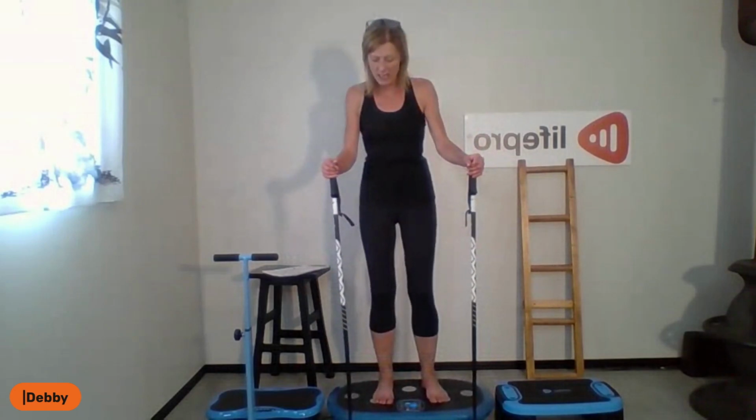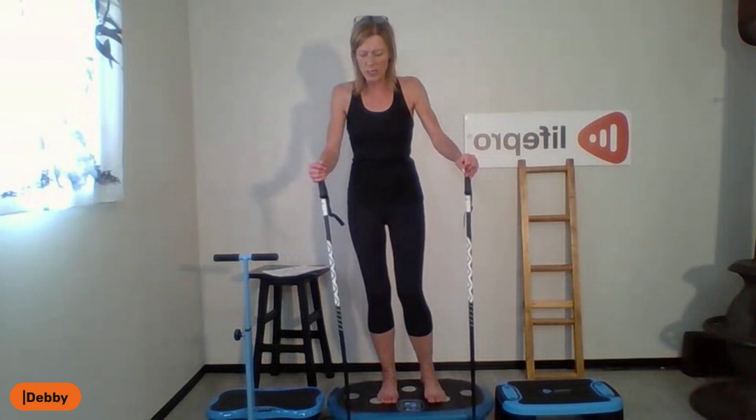We're going to go into a one leg. Now, a one leg is a little bit more challenging than just shifting the weight. You're putting all of your weight onto one leg. You want to try and keep the hips nice and level, but this is going to pick up the strength a little bit. So we're going to shift to one leg and lift one leg up,